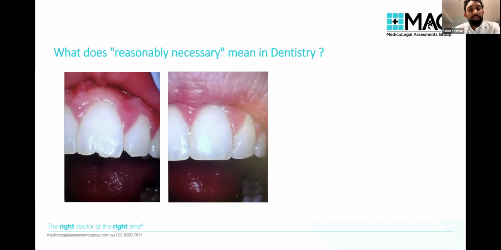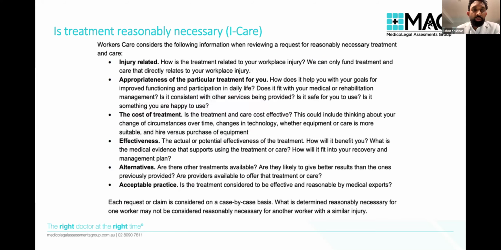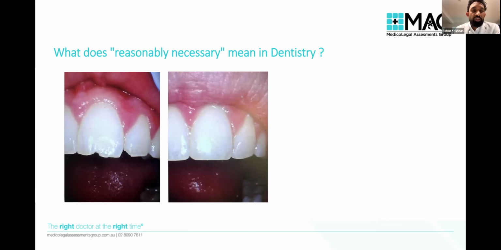Now, is that reasonably necessary? If we go down to our list there, it's probably not right at the bottom. It's probably not accepted practice for someone who's got two small chips like that to have a crown or a veneer. And then the question poses, well, if you're going to do crowns and veneers to those two teeth, then quite often we see the mirror teeth, that is the teeth next door to those teeth, also treatment planned for crowns or veneers, because we want a matched or balanced aesthetic uplift to the two teeth that have been damaged.